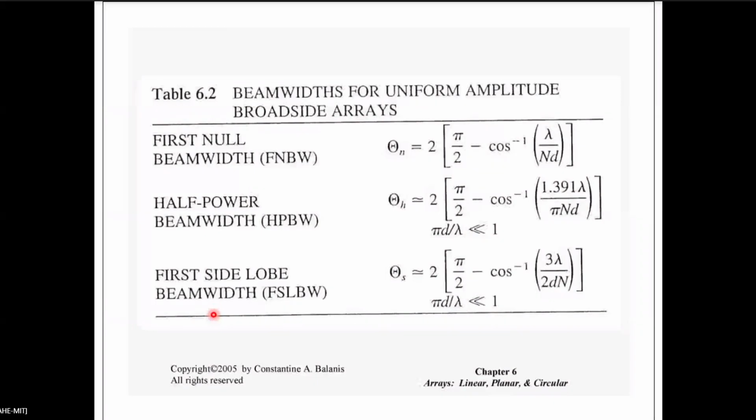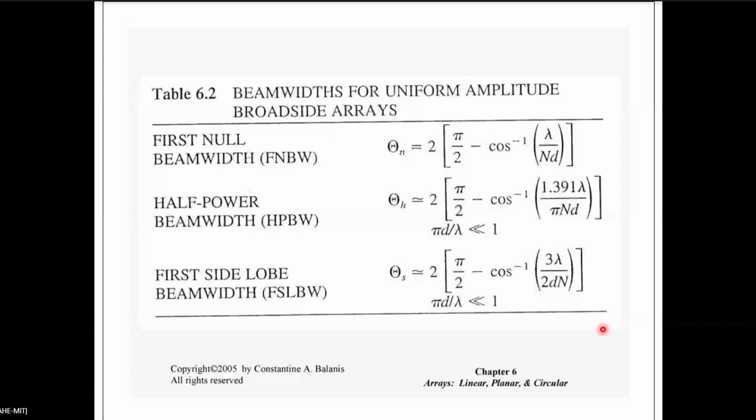So it is not the beam width of the side lobe, from one side lobe to another side lobe. That angle from one side lobe to another side lobe, because 2 into pi by 2 minus this gives the direction of side lobe. So if you multiply, you get the distance between the maxima of two adjacent side lobes. Okay, so that is this. Any questions?